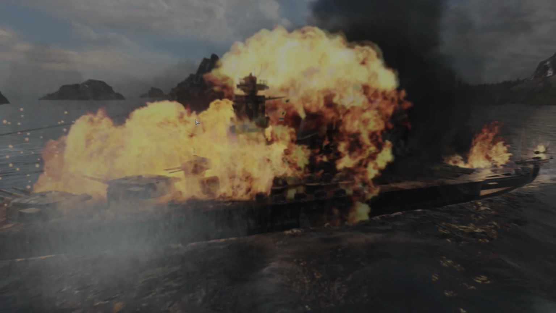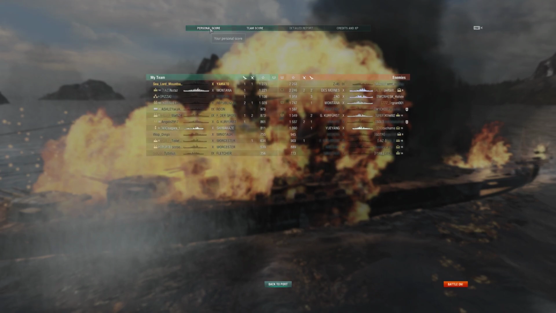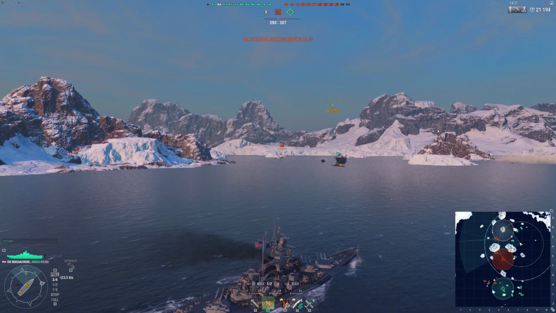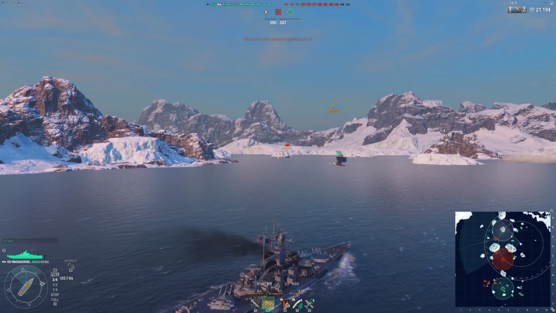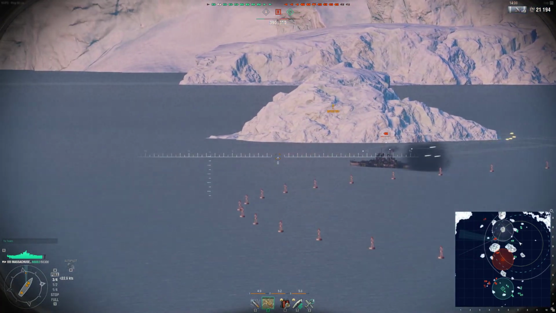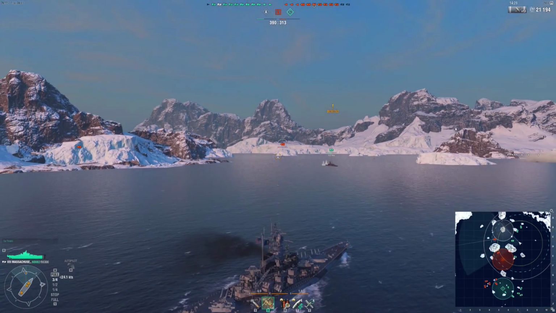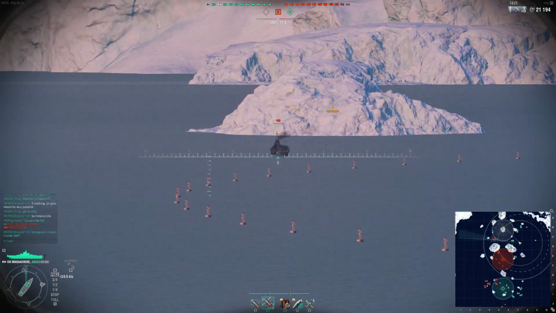So those are two games that I had where I got really close to victory, and especially in that Yamato game. The Kurfürst, it was kind of lost, but if I would have just kept my forward momentum in Yamato and managed to get around and just angle a little bit more, I probably would have survived and maybe taken him with me and got my team some more points, and then we potentially could have won, but it's hard to say in World of Warships because I've seen